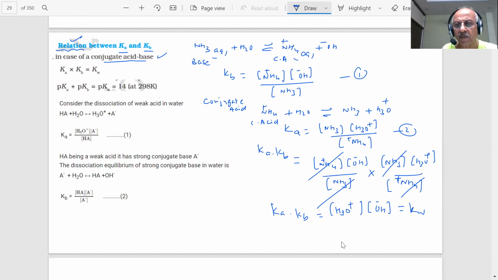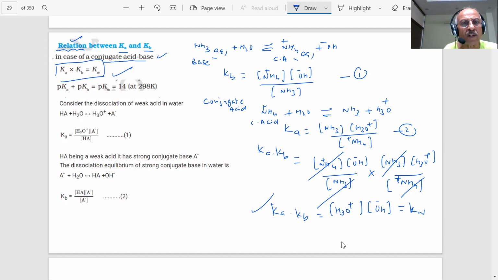So, important result, because if I know the Ka, then I can find the value of Kb for the conjugate base of an acid. If I know the Kb, I can find the value of Ka. Very important relationship is derived, student, because this will be used a lot in many problems which will be given in MCQ form or other form. That's what we are saying. Ka into Kb is coming to be Kw, student.